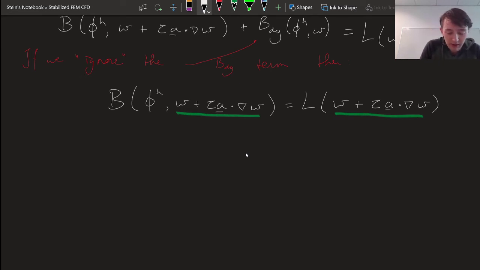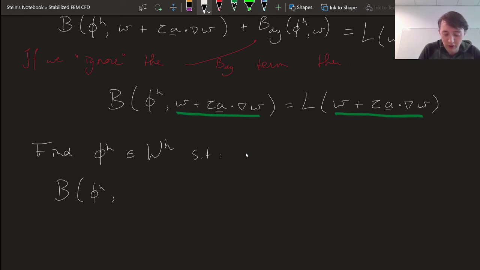But now I'll rewrite this a little bit and I'll say find my solution phi_h in that space W_h, such that the following holds: the bilinear form times a new function, which we'll just use V. So I introduce a new test function such that this is equal to L of V for all V in a new space, V_h, where,